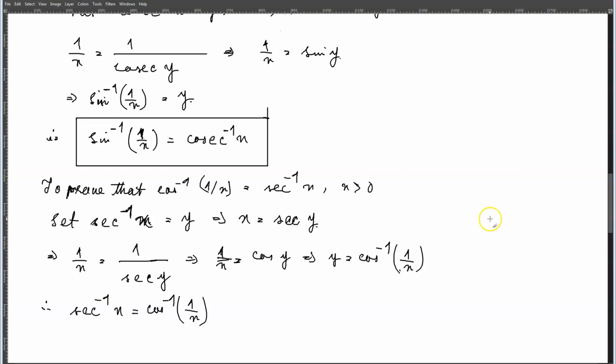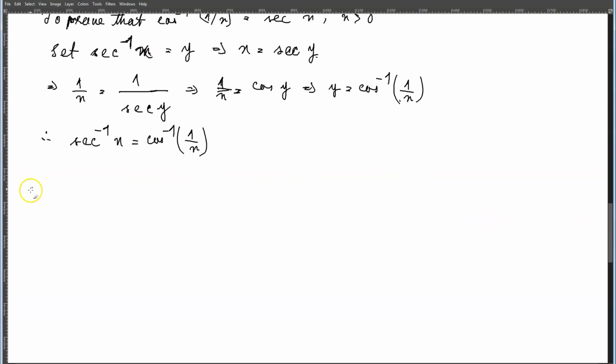And if you want to prove, for example, that the tan inverse of 1 by x is equal to the cot inverse of x for x greater than 0,